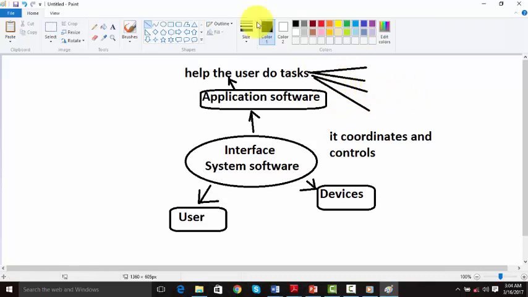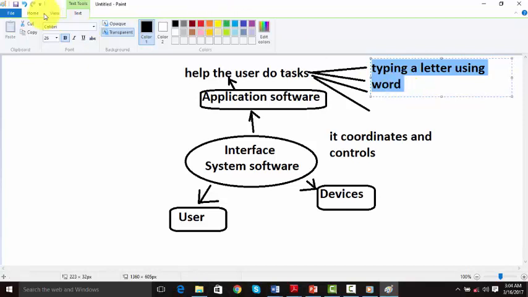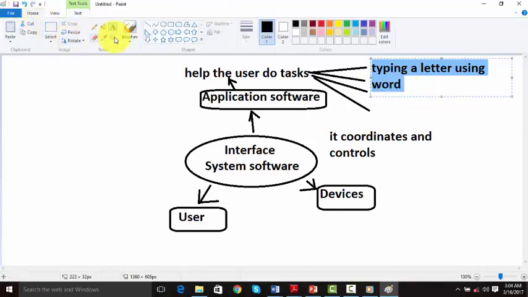What are these tasks? For example, the first one can be typing a letter using a word processor. So what we do is that we are looking at how the application software is used.